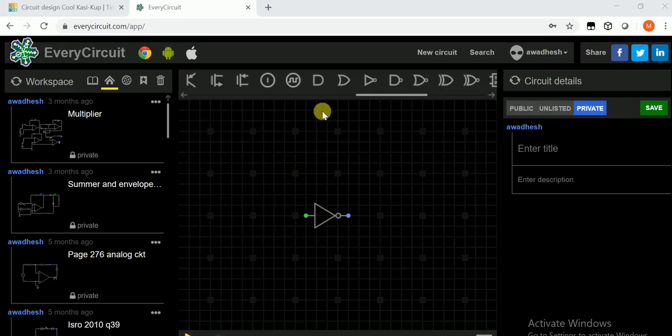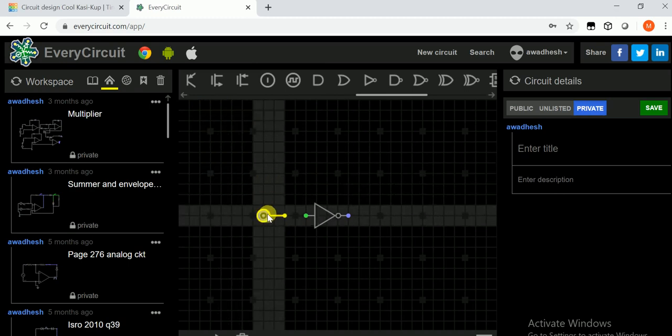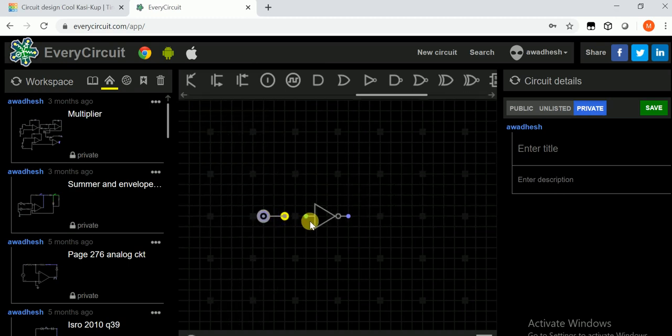So let's see how it works. This is not the software. This is just to demonstrate to students how the circuit works. This is just a drag and drop circuit simulator, where for every circuit you have to pay. This is not free. We will use Tinkercad. This is just to show students the demonstration part. So let's run this.